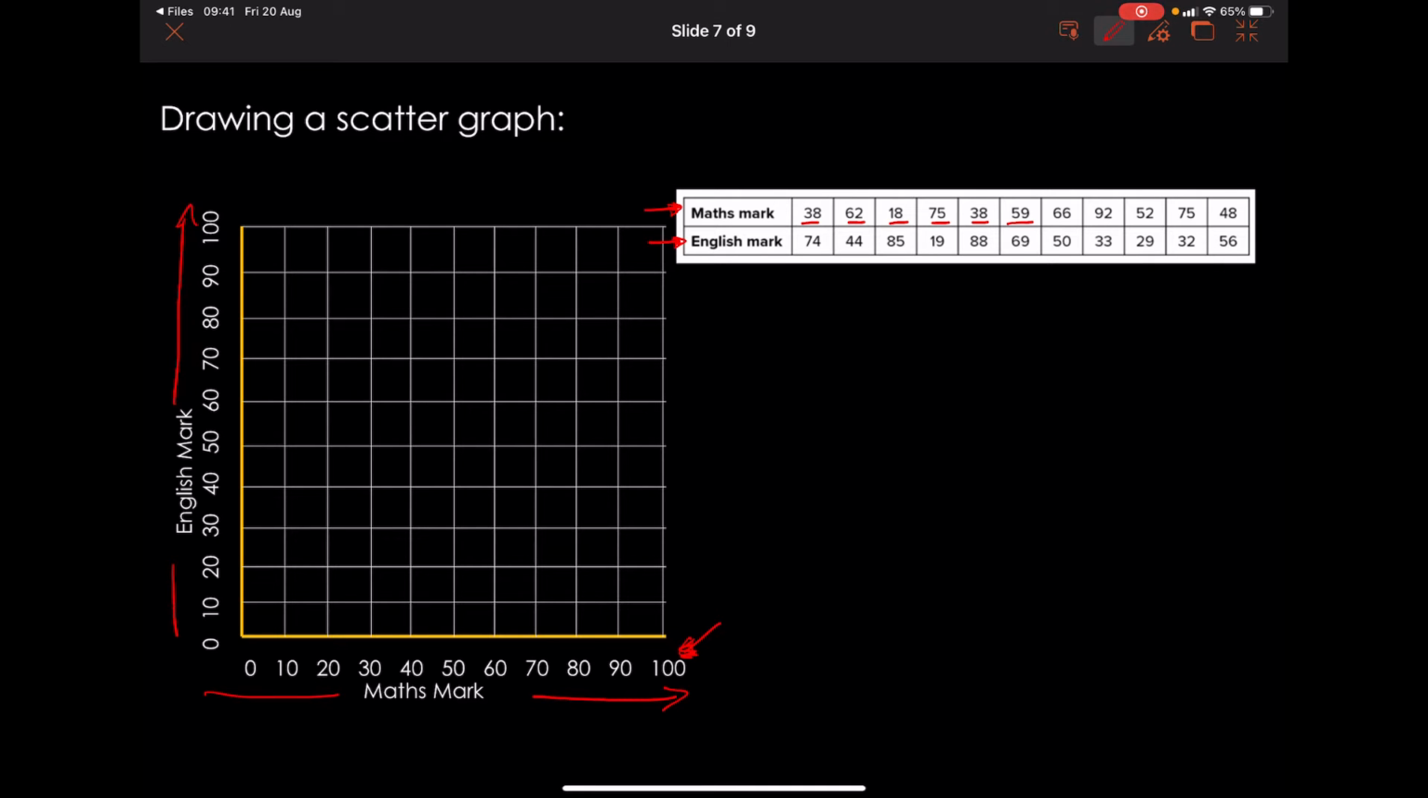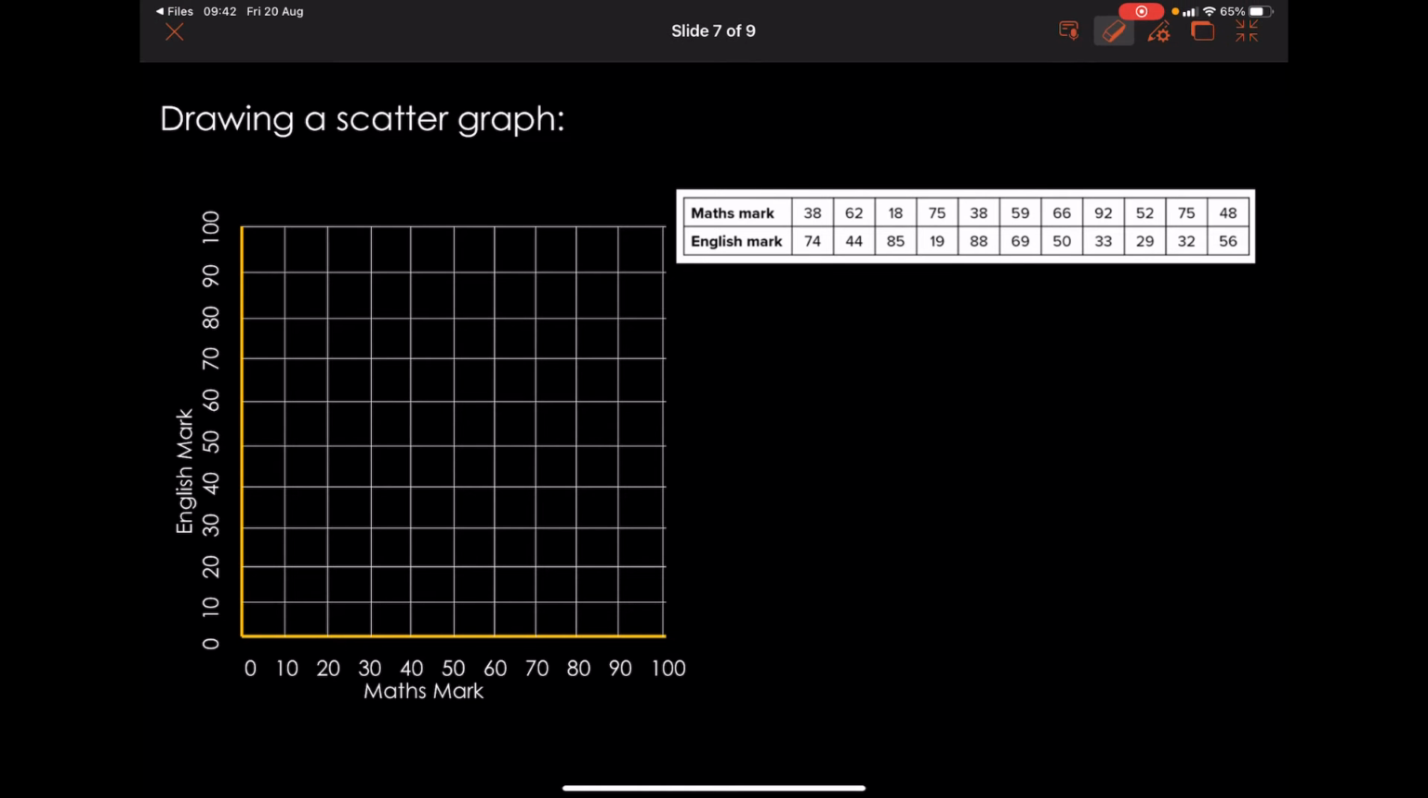So basically, I've decided then I'm going to go up in tens because I've not got anything higher than 100. I've got a lot of 2s in there, which means they're even, okay? And I can just estimate where they're going to go, all right? So what I'm going to do is I'm going to go to my